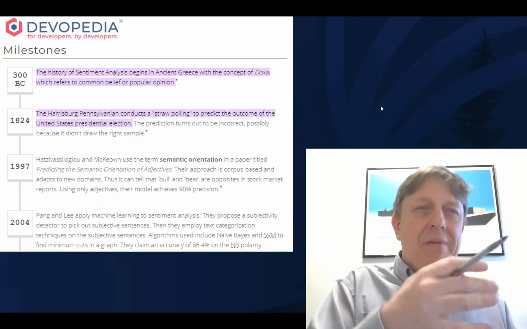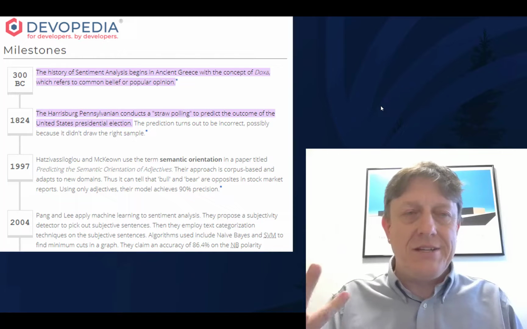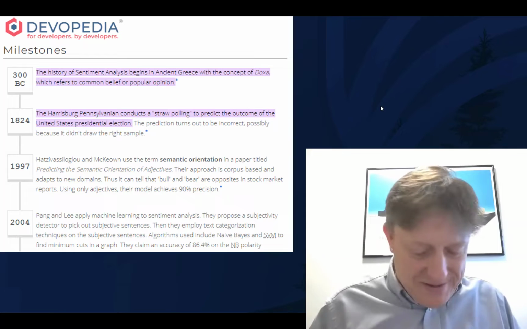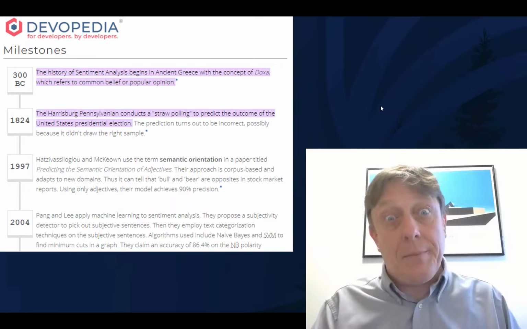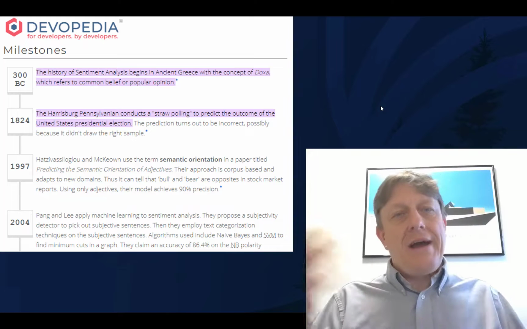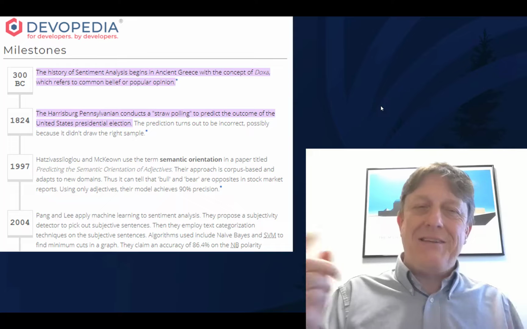And then they might, as Devopedia does here, say, well, there were some earlier, really ancient versions of this, like public opinion polling as sentiment analysis, or heck, ancient Greece. But there's something in between